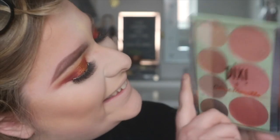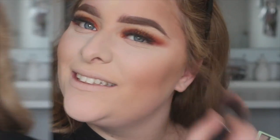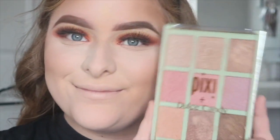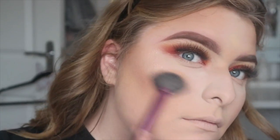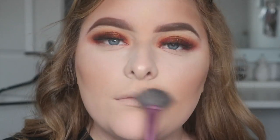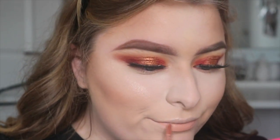And then using my favourite palette at the moment, this is the Pixie Chloe Morello palette, and I'm just using all the blushes together because they are to die for, and they give such a lovely flush of pink to your cheeks and make it look like a really natural healthy glow. But then you're using the Dolce Candy all over face palette. I'm using the highlighters because they are stunning and I absolutely love them, and I am in love, obsessed with them at the moment. And then for lips, we're using Jeffree Star Butt Naked on my lips,